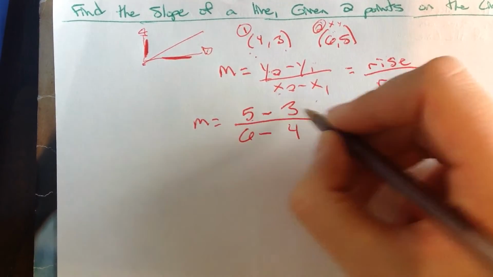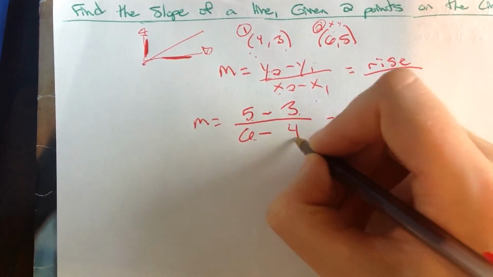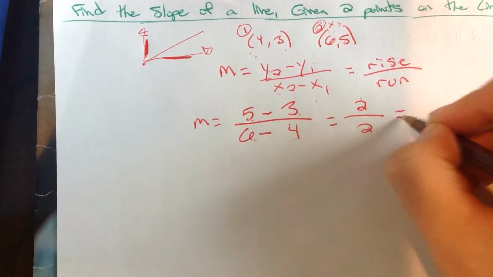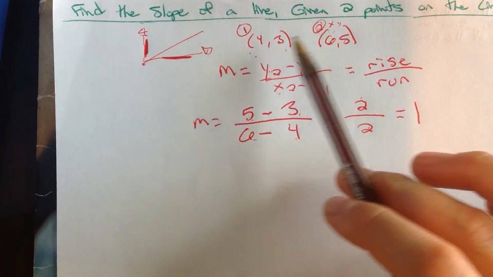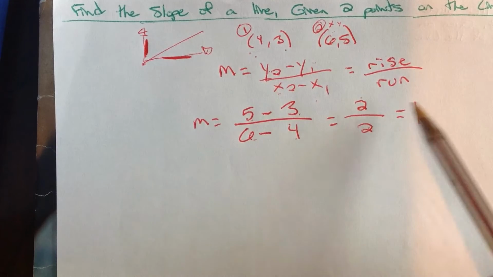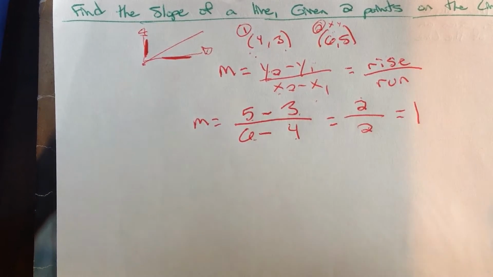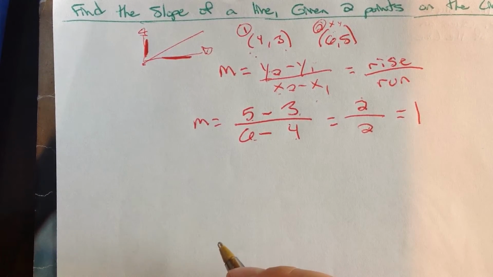So my slope would be 5 minus 3 is 2, 6 minus 4 is 2, 2 over 2 reduces to 1. So if we were to graph the line that goes between these 2 points, it has a slope of 1. Doing another example,